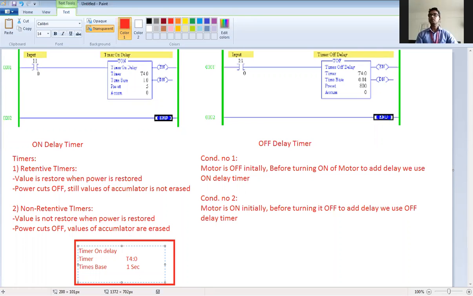Then the preset value, say suppose 10. I'll explain how timers work, but just listen to what is in there. ACC, say suppose 0. Now consider that this is an on delay timer.